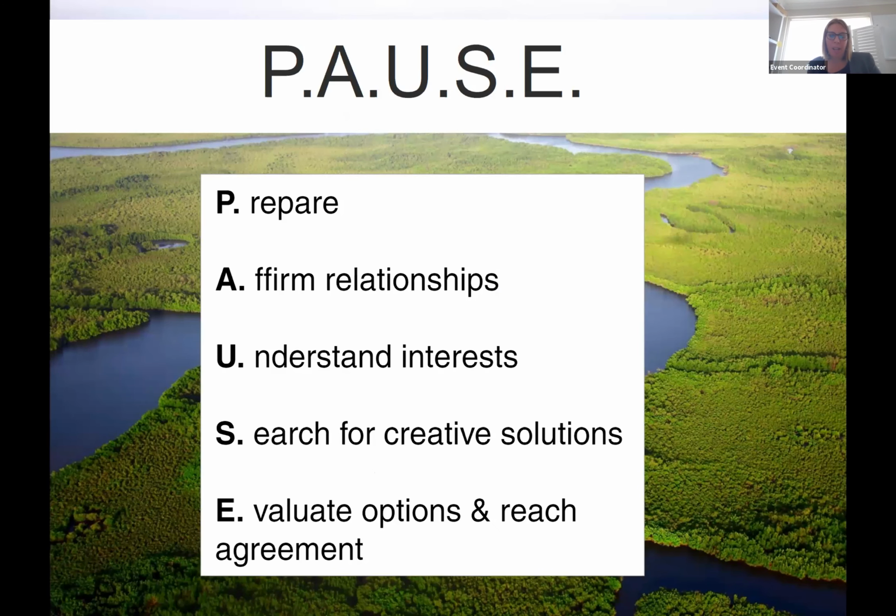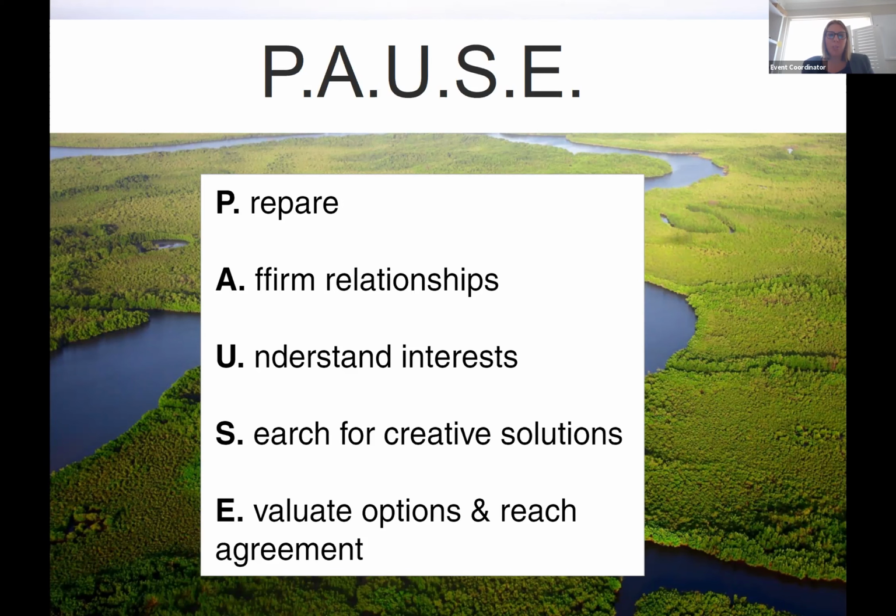So the PAUSE principle, as I said earlier, is going to be the focus of the mediation today and how to effectively prepare for family mediation. I use this PAUSE principle to pause and really think about where have you been, where are you currently, and where do you want to be in your relationship, or preparing your clients for those things. Where have they been, where are they currently, and where do they want to be? To really look at being future focused, but also acknowledging where they've come from and where they are at the moment.